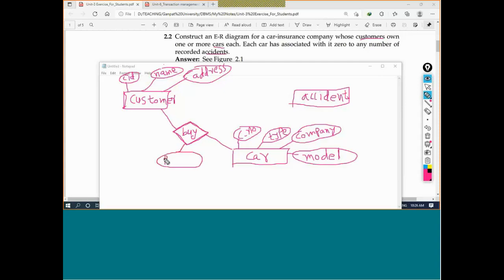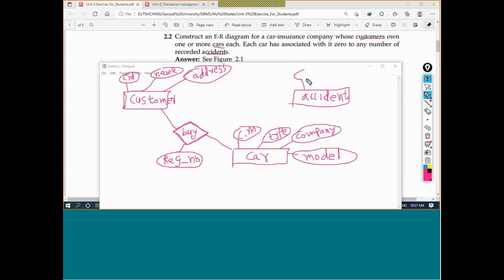I'm adding it as a part of buy, because whenever the customer buys a specific car, at that time it gets the RC book or registration number for the car. The registration is not with the customer, it is car specific. So I'm specifying that.